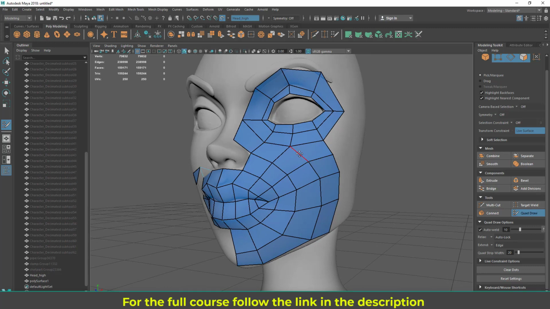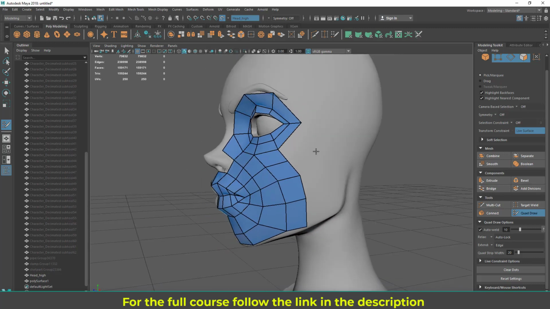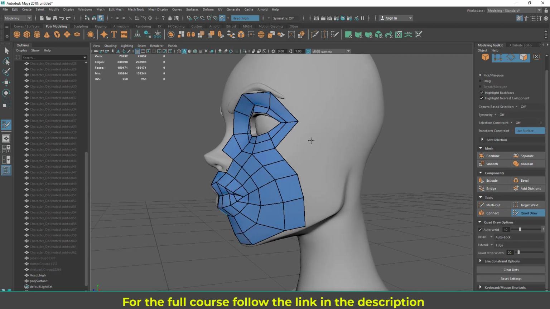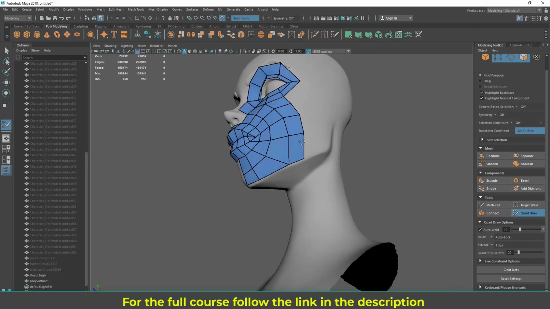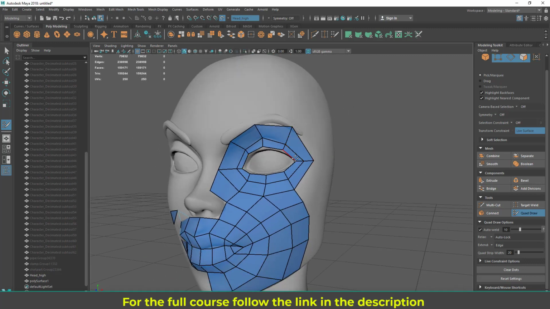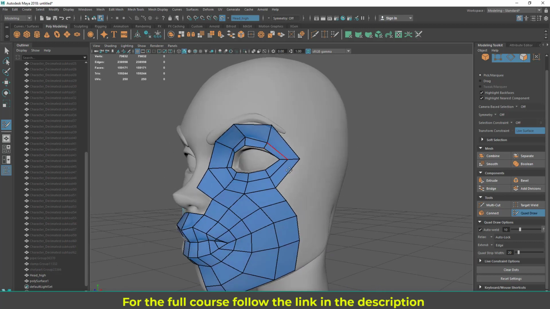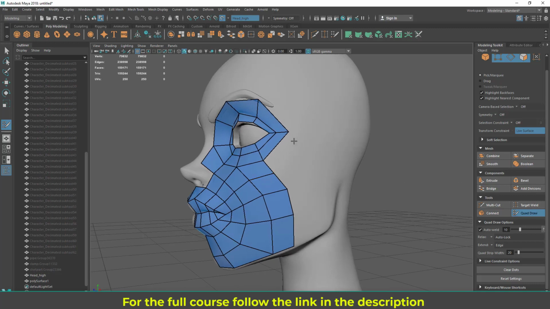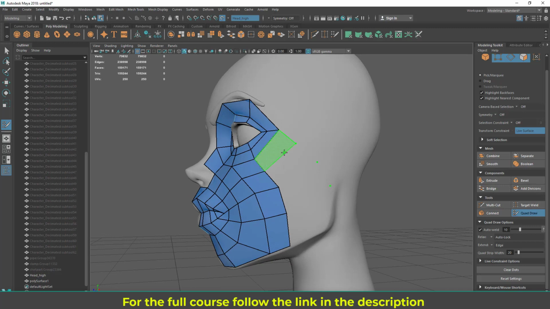Okay, now you can see how the topology from the eye is changing from here, and now this is going like a wave and connecting there. So now I need to again, let's put some edges I think here. So once you get this edge flow, you can keep adding to it. Now I'm going to add some edge loops to the eye area as well, so that I can put some more here, or we can actually, let's extrude it. So put 1 2 3, maybe